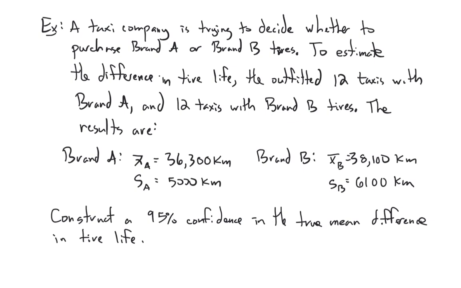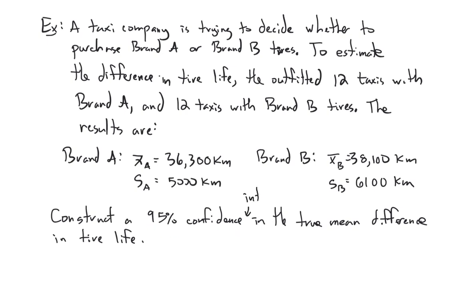And they measured how long the tires last in kilometers. The average length that the brand A tires lasted was 36,300 kilometers, with a standard deviation of 5,000 kilometers, and brand B is 38,100 kilometers with a standard deviation of 6,100 kilometers. So they want you to construct a 95% confidence interval